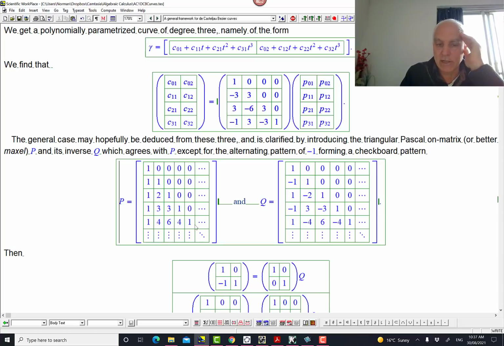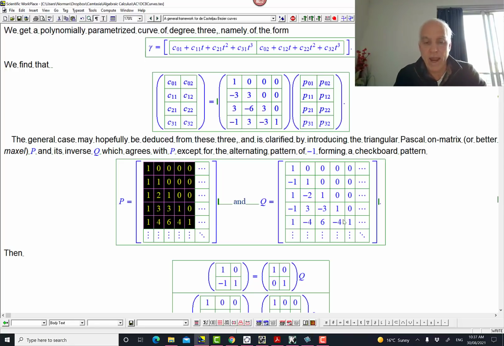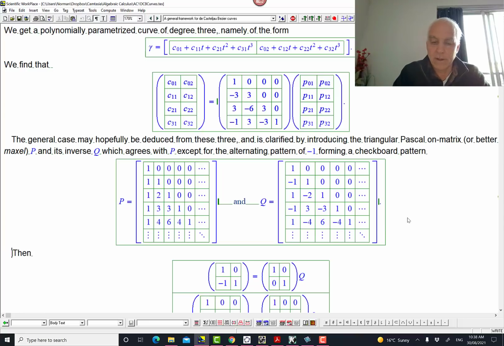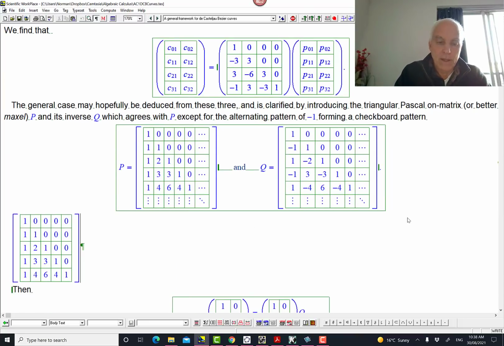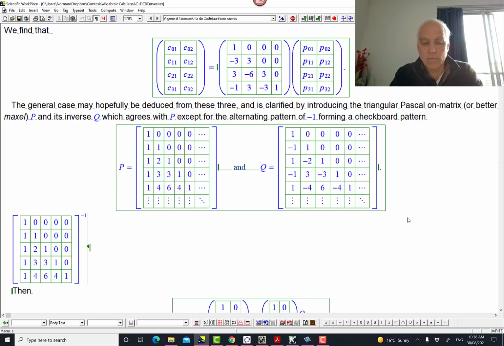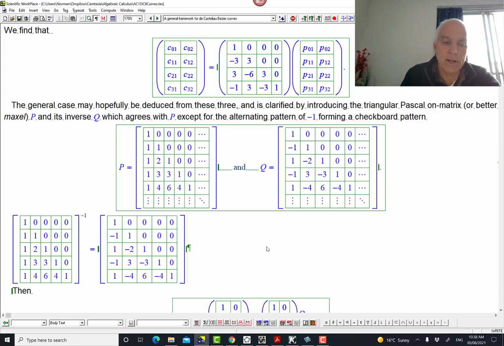So this is a matrix that's lower triangular, with ones on the diagonal. And the rows here are just the usual rows of the Pascal triangle: 1, 1, 1, 2, 1, 1, 3, 3, 1, 1, 4, 6, 4, 1, etc. Now, this thing goes on, but if we truncate it up to a certain level, like if we take this thing here, let me just grab that, copy it, and let's say I take its inverse. Have a look at what I get.